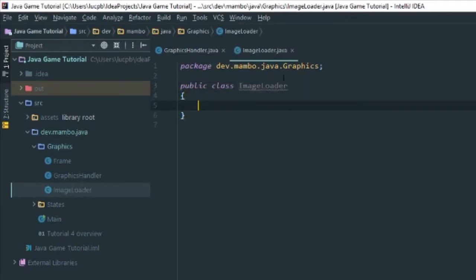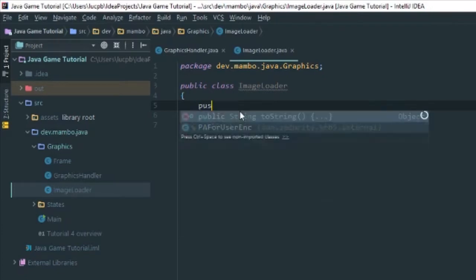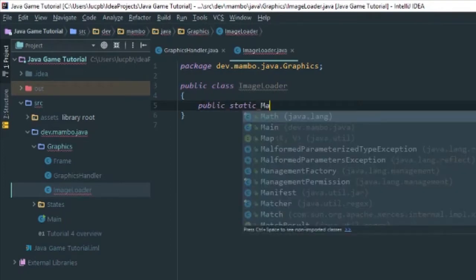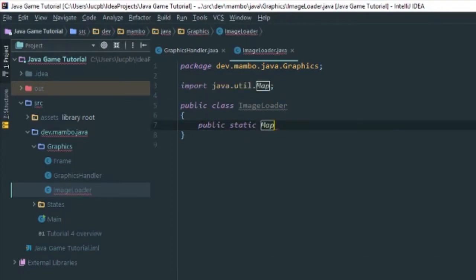In ImageLoader, we are first of all going to create a map: public static Map. And before we actually do this,